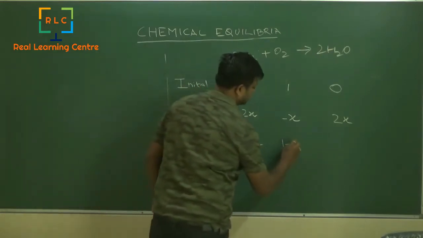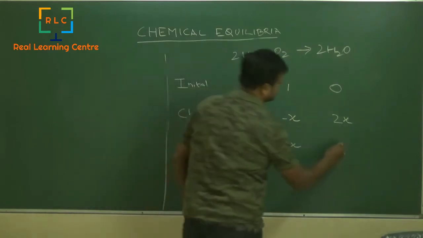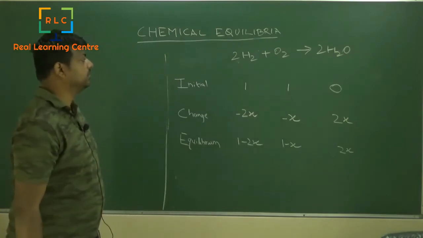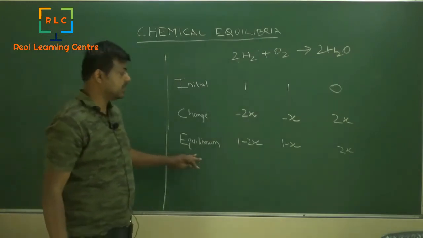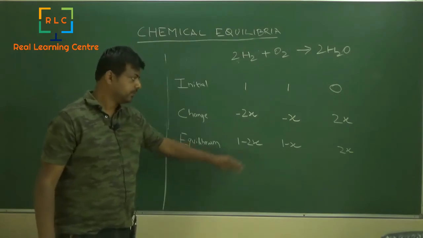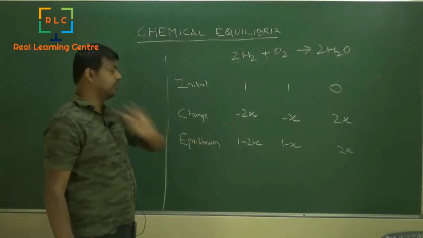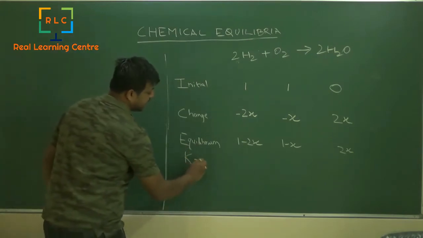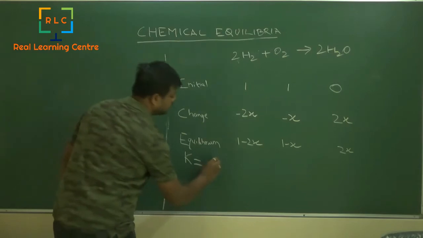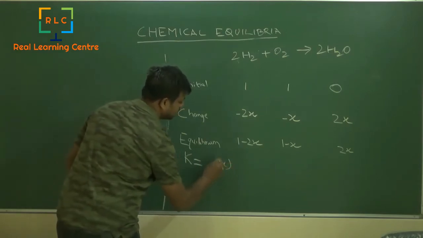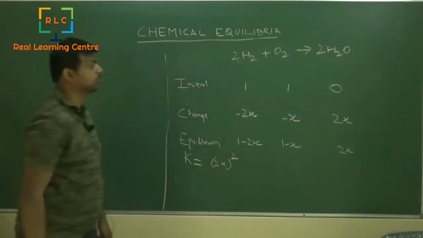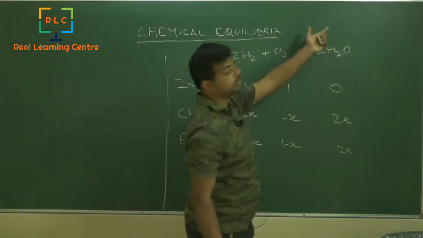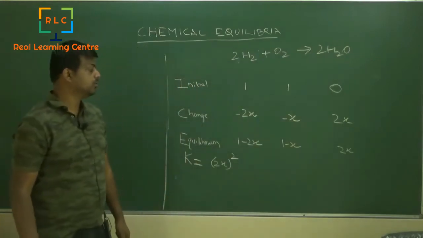Oxygen would be 1 minus X, and water formed would be 2X, right? So this is my overall equilibrium condition. If you can write this, then half of the problem is solved, because now if you have to write the equilibrium constant for this reaction, it will just be 2X square. Why 2X square? Because product concentration, which is 2x, raised to its stoichiometric coefficient, which is 2, so 2x